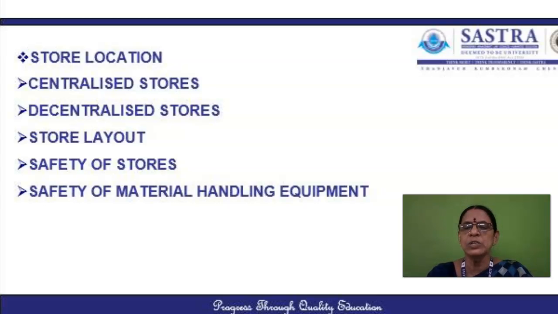So the transportation cost should be considered, along with the availability of transport, the efficient service of the stores, reduction of the risk of fire, safety and security of the stores, avoiding the risk of pilferage, spoilage and deterioration, providing space for future expansion, then providing gangways for the movement of materials. Obstructions should be eliminated, and the store racks must not prevent the normal movement of air. So proper ventilation should be there.